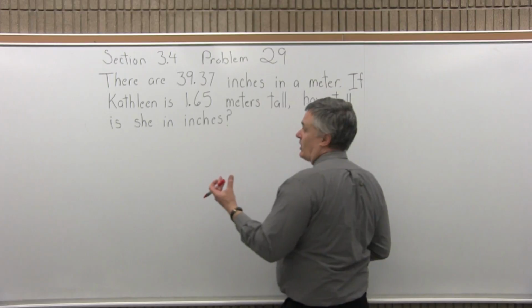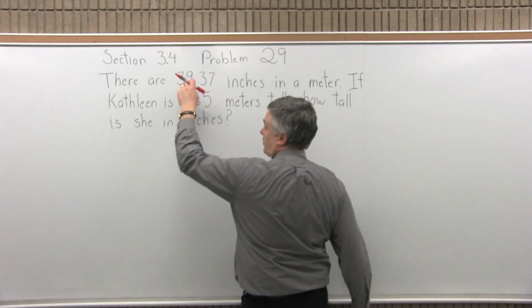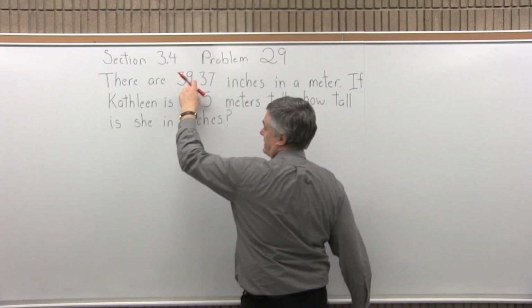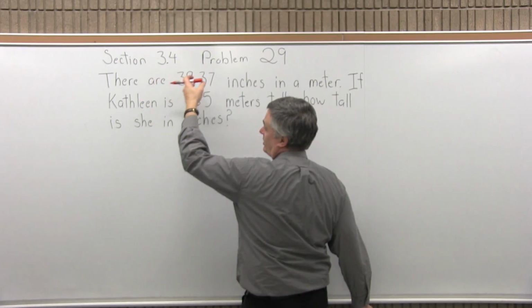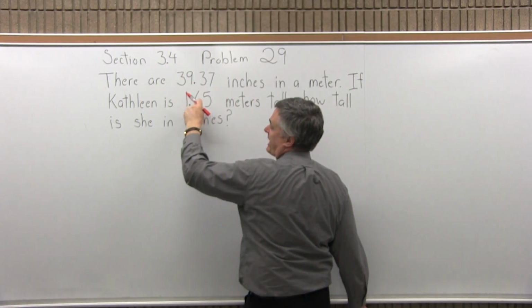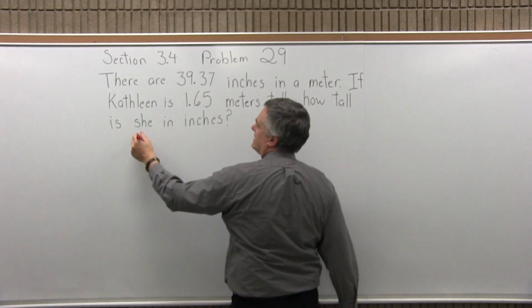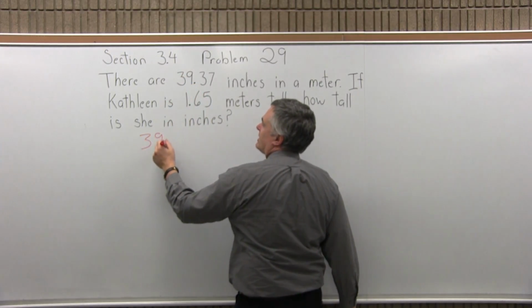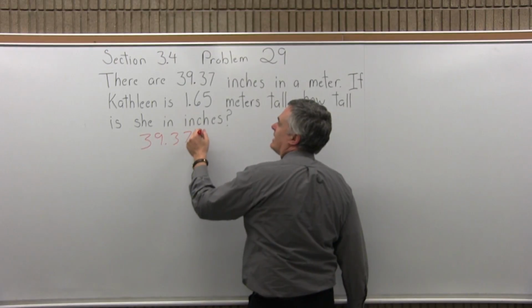So what you'd have to do is multiply. So 1 meter has 39.37. So if this person is 1 meter tall, they'd be 39.37 inches tall, but they're more than 1.5 meters. So you have to multiply these. It would be 39.37 times